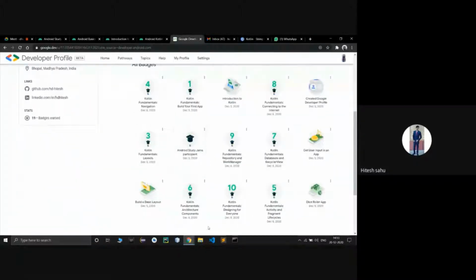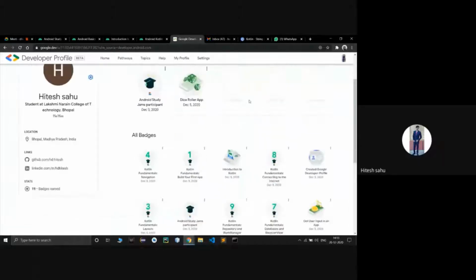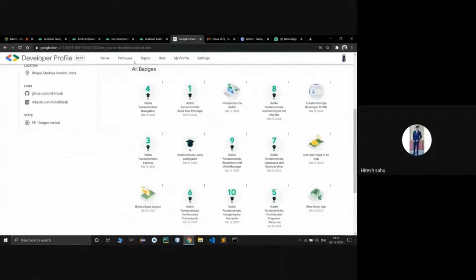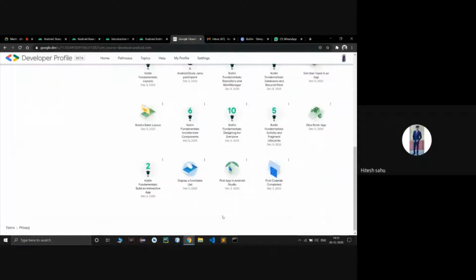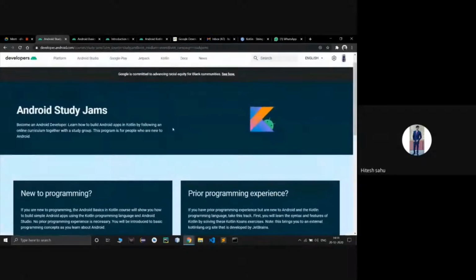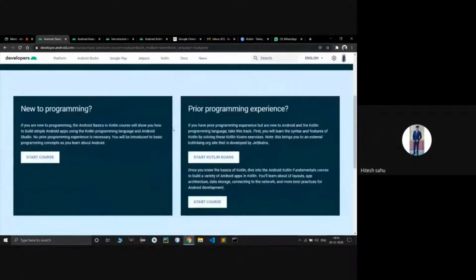There will be all the badges on your profile, and you need to send me screenshots of this profile so I can verify that you have completed both the tracks and you will be eligible for the prizes. Regarding the swags, on completing both the tracks, there are swags in the form of certificates.